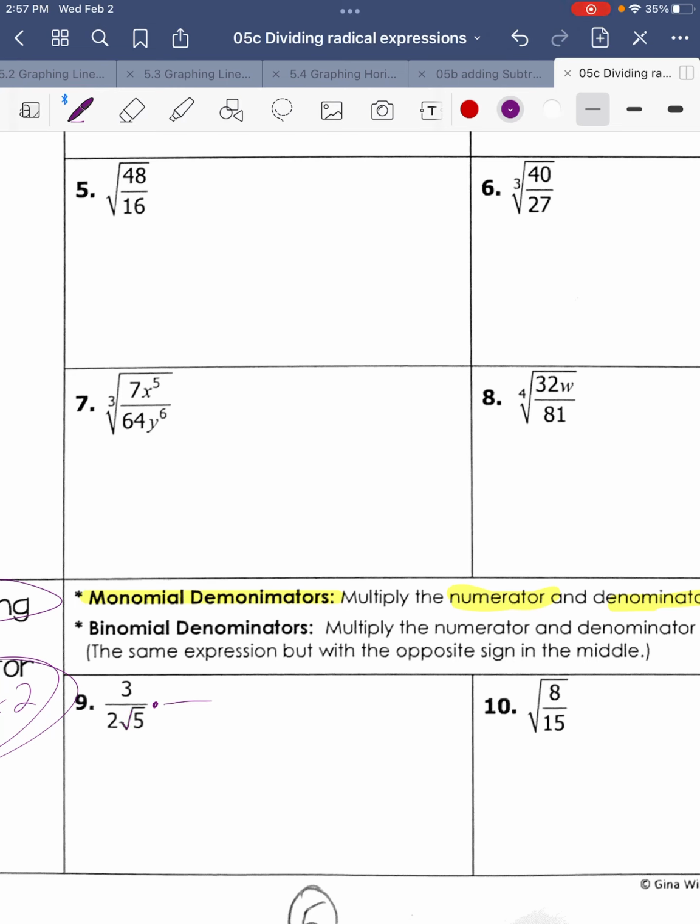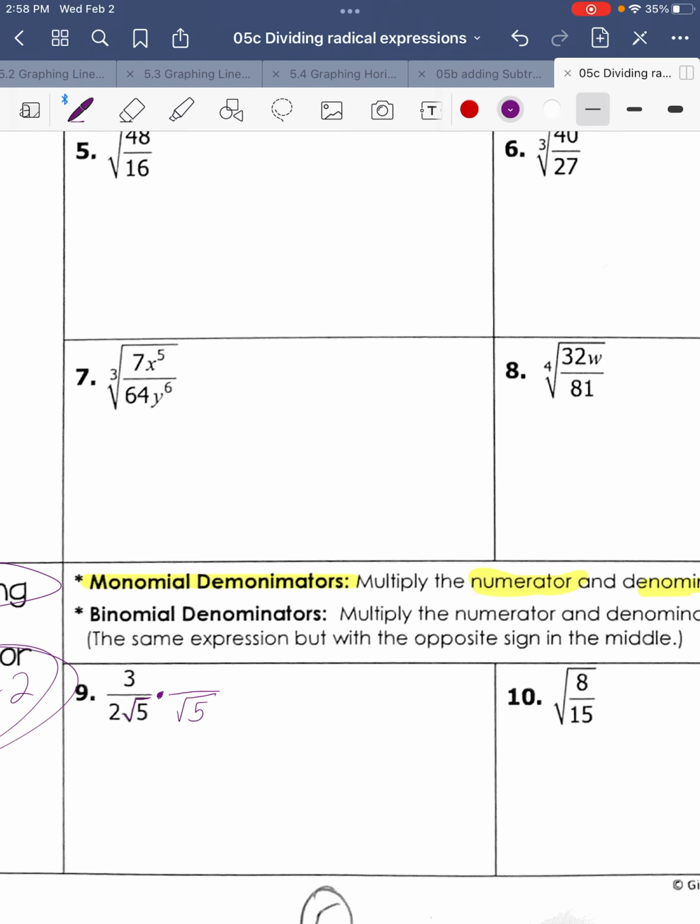So this is a square root, so square root of 5. But when you multiply, we're not actually solving anything here. We're just simplifying. Simplifying, you cannot change. You can't multiply by anything but 1. You have to multiply by something that's equivalent to 1. So whatever you multiply the denominator by, you have to multiply the numerator by it also, because square root of 5 divided by square root of 5 is 1. It's a weird looking 1, but it is a 1. So you have to multiply by something that's equivalent to 1 in order to simplify and not change the value